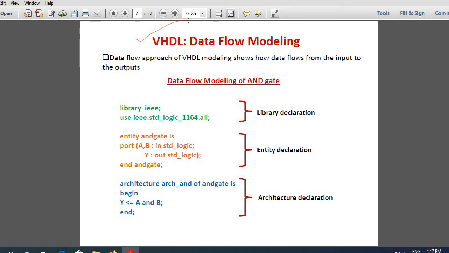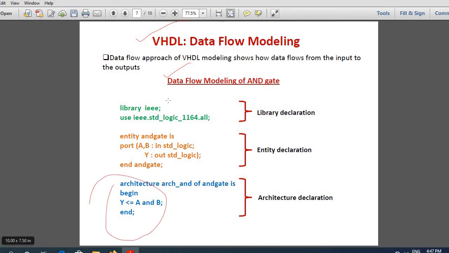We have already seen how we can do the modeling of AND gate. It was actually using the data flow modeling approach. That is, we need to look at the relation between input and output, or the equation relating input and output, which should be written in the architecture. That is what data flow modeling approach means.